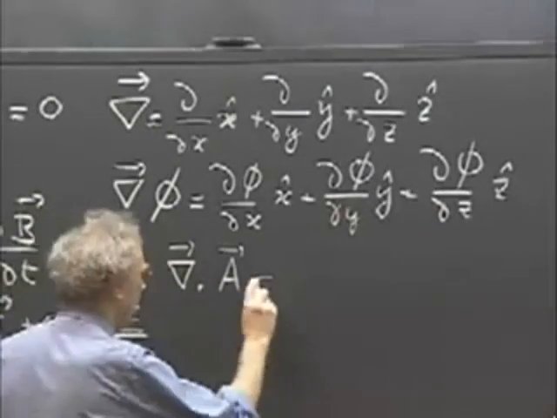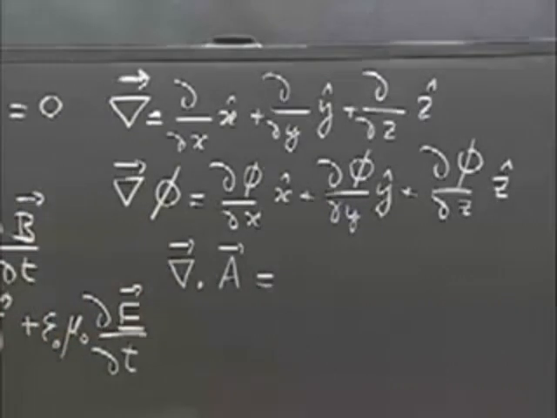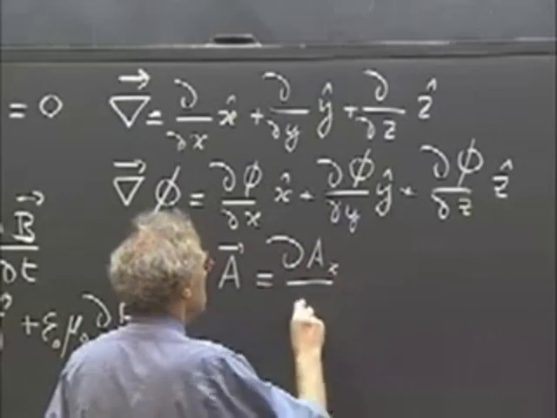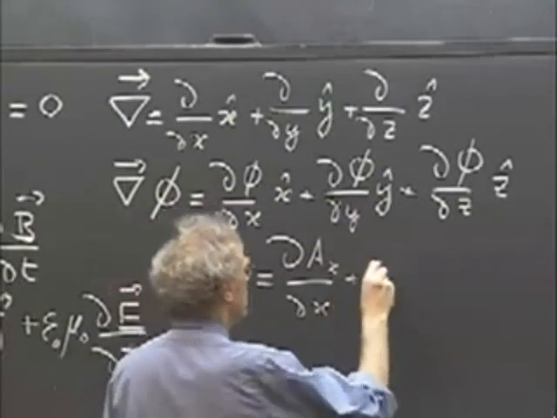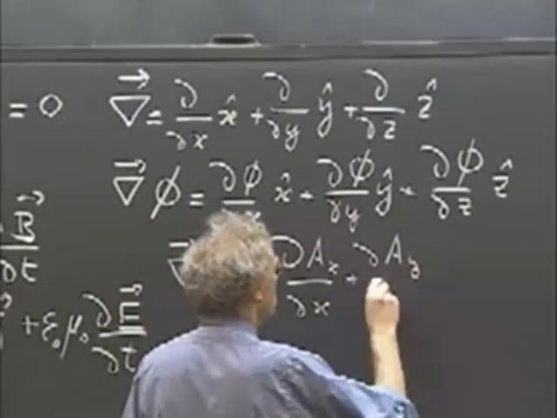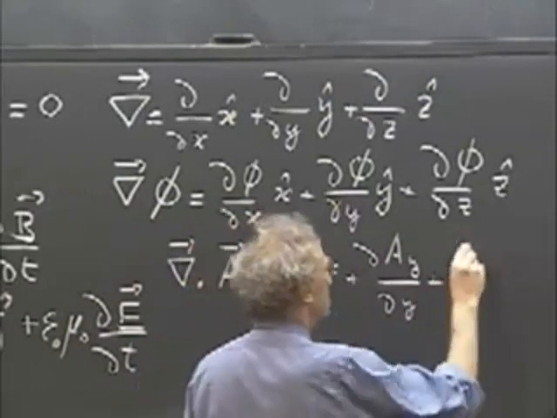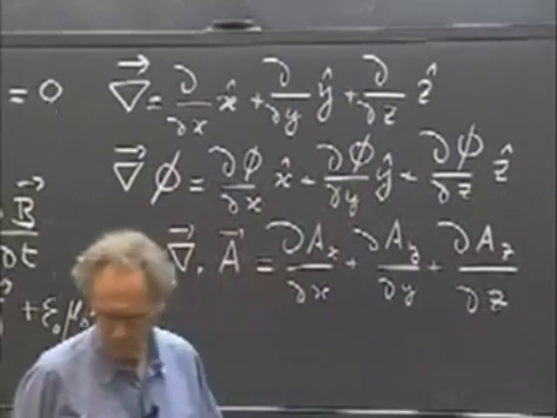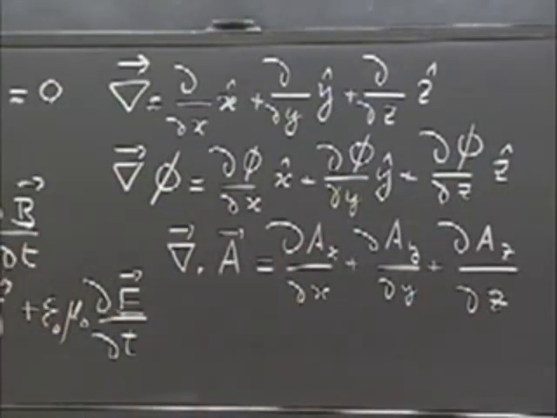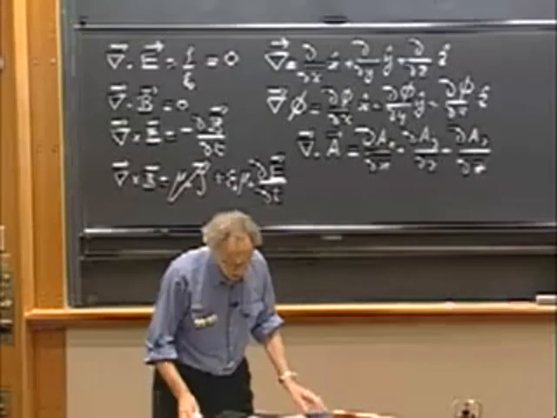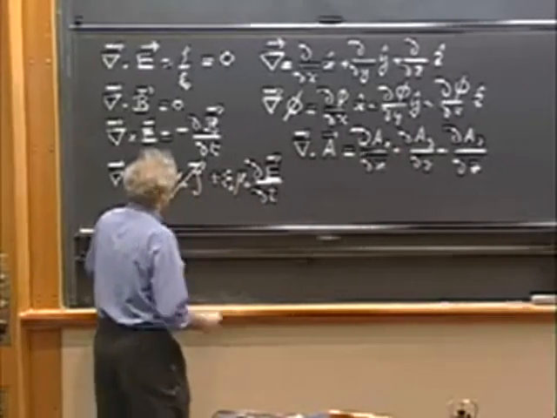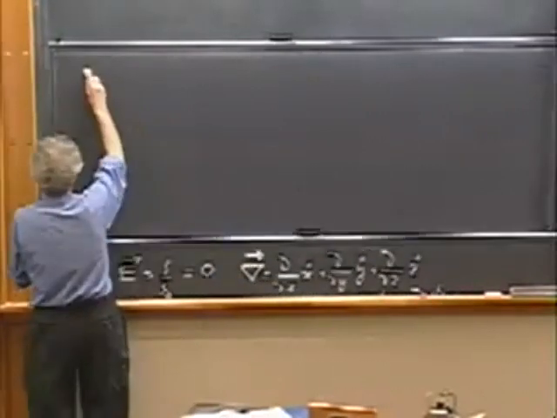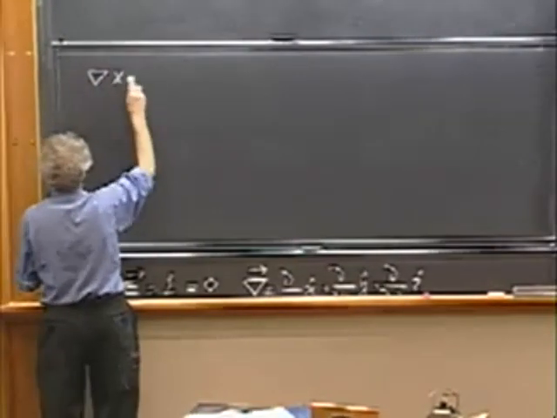That itself is a scalar, and that is dAx/dx plus dAy/dy plus dAz/dz. The curl of A, I will raise this again later, but I want you to see this. The curl of A,